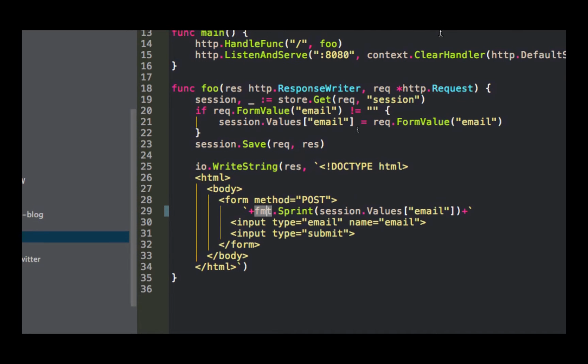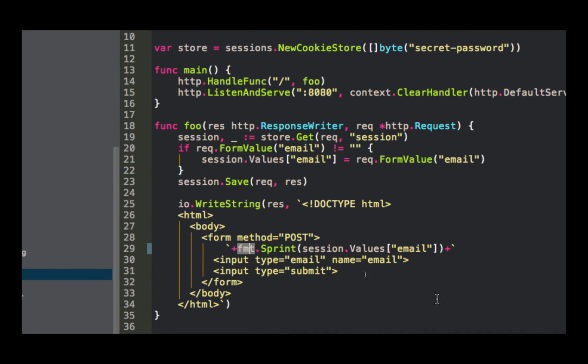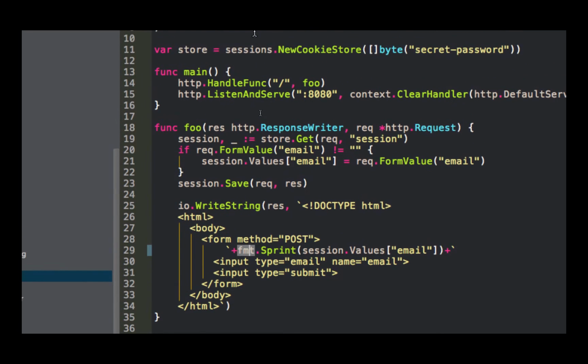So going back to the Gorilla deal. So we get our cookie store, and then we get a session. And then once we have the session, we can store things in Values, and that's a map, so it's key value. So at this key, we're storing the value that came in from the form. And then we save our session, and we give it the request and the response.